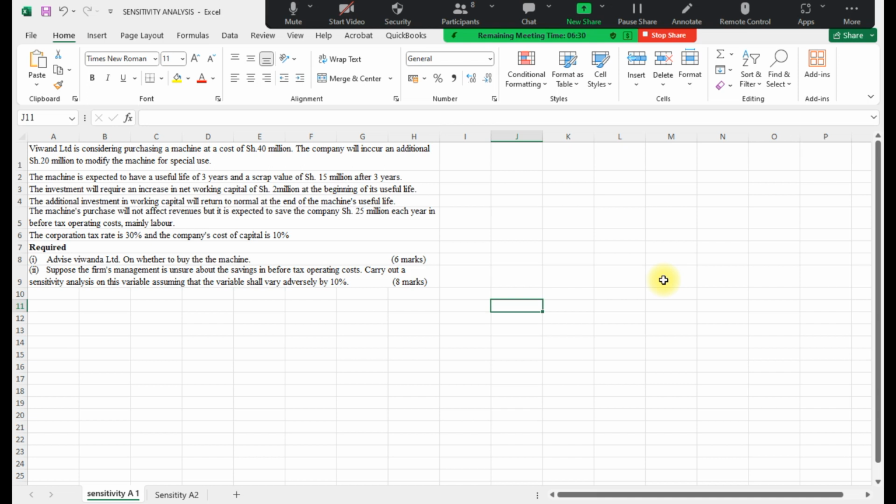And one of the assumptions that sensitivity analysis entails is that each particular variable will be varied in isolation, or will change in isolation while keeping the other variables constant. So the others will not vary, but only one variable we shall be able to change at a time. And when we keep the other variables constant, it means we shall see the sensitivity of that particular variable to the project NPV. If we change one particular variable, how much will the NPV change as a result? Will it increase or will it decrease?